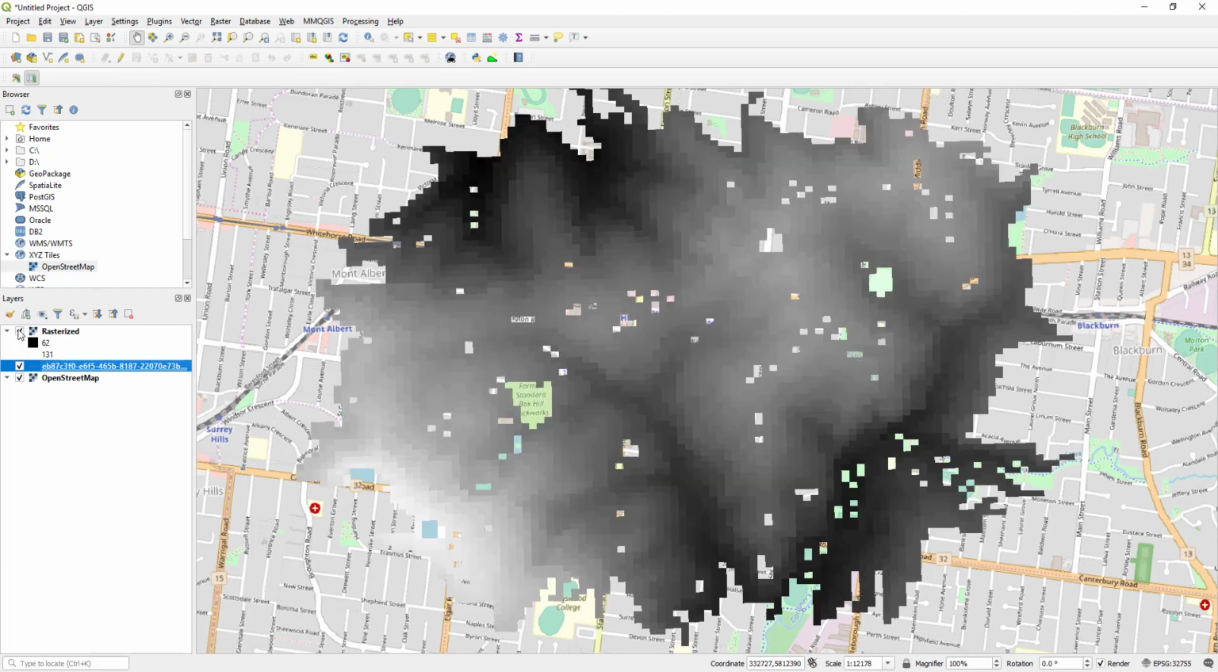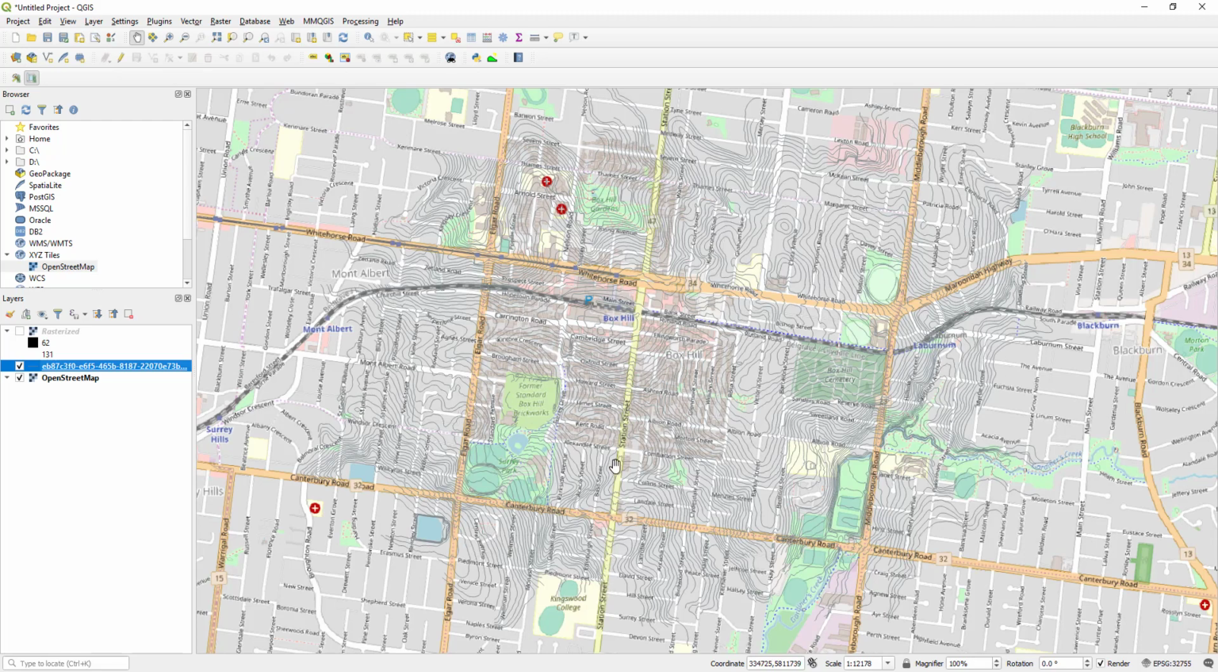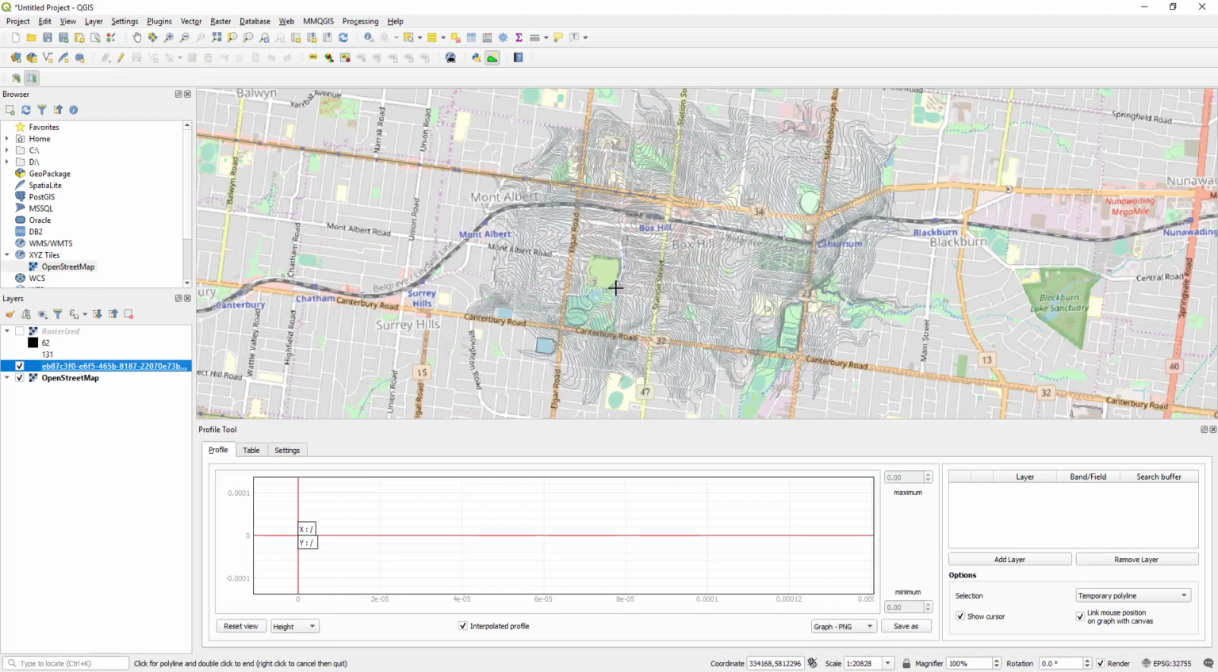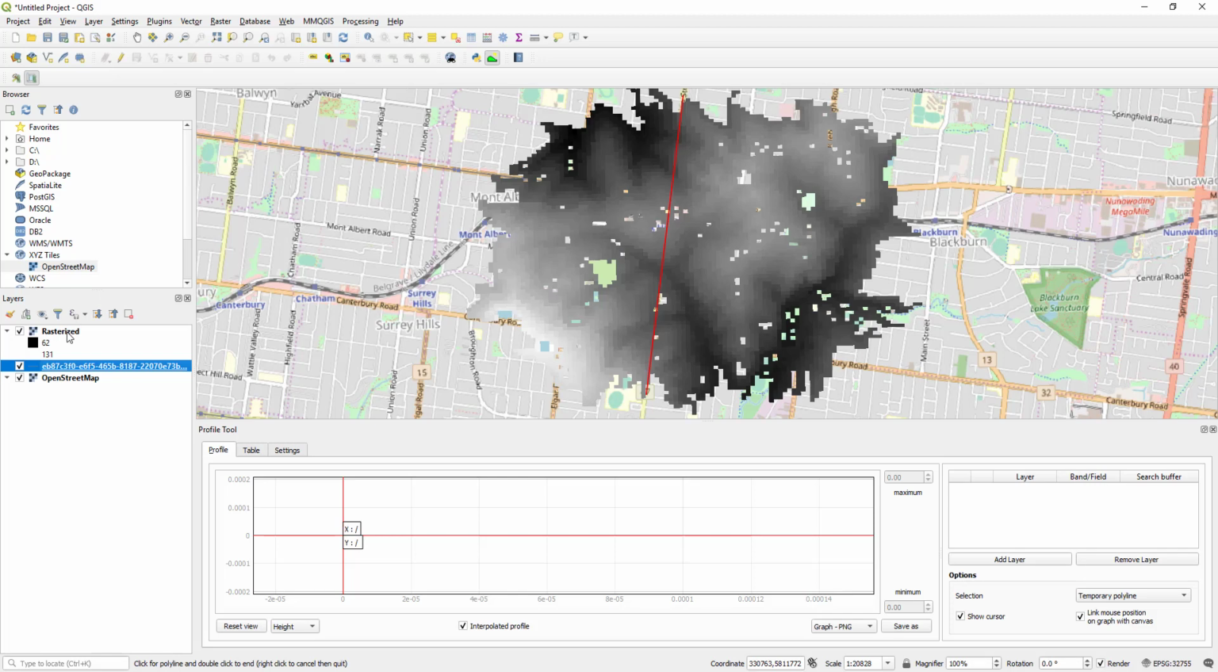I want to cut a long section just to see what the topography is like along Station Street, and I can use my terrain profile software to do that very quickly without having to manually count the levels using the contours. If I basically just draw a line along Station Street in the area that I want to cut and double click, and then I turn on my rasterized file,